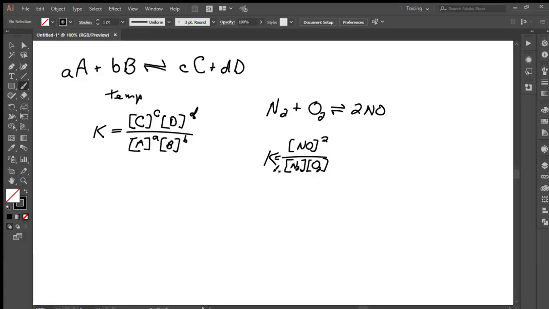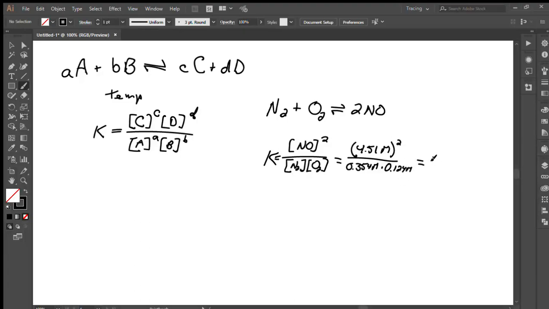So what they do then is give you some concentrations. The concentration of NO is 4.51 molar, and that is squared, over 0.3534 molar, times 0.124 molar. That's going to give us a total of